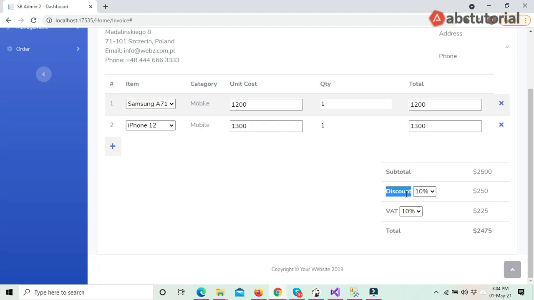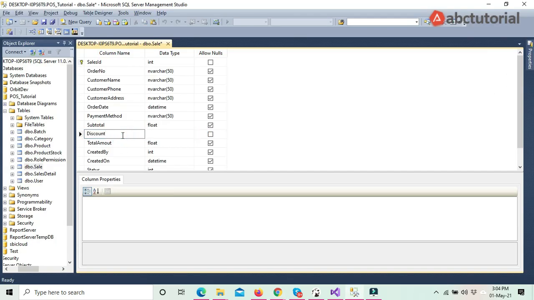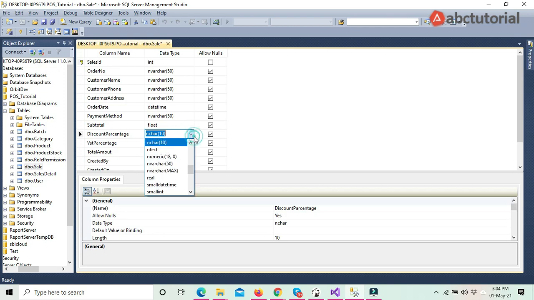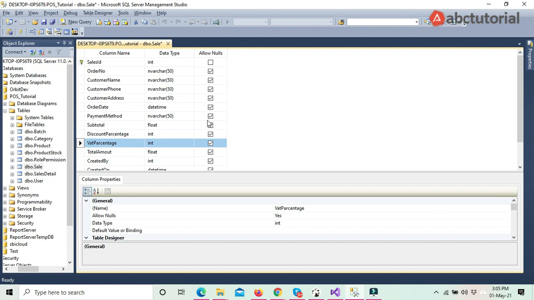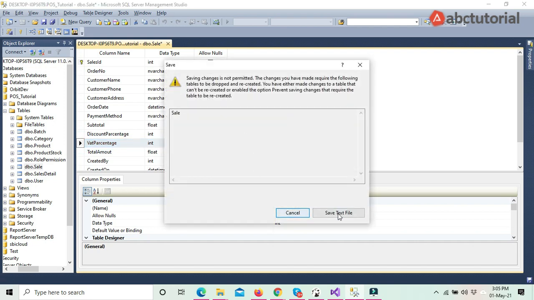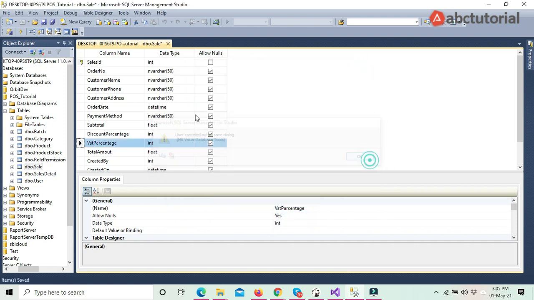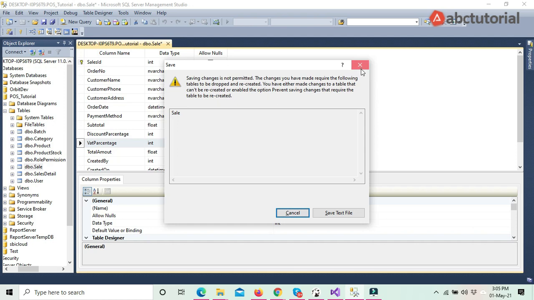It looks like it will be integer. VAT percentage, discount percentage. So I will save it with Control S, but it's not saving because